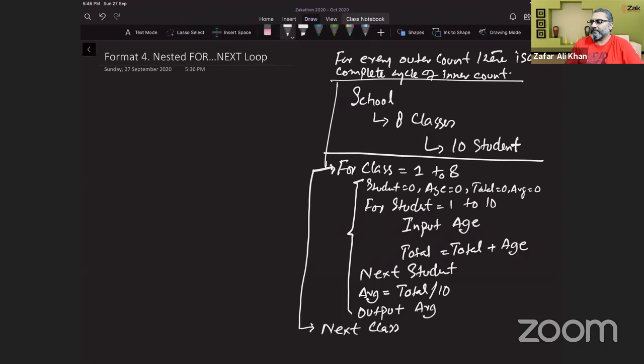So let's see how this format works. So format 4, as usually we do, we initialize, then we have for outer count is equal to 1 to n1. Now we would have two numbers, so this is n1. And then